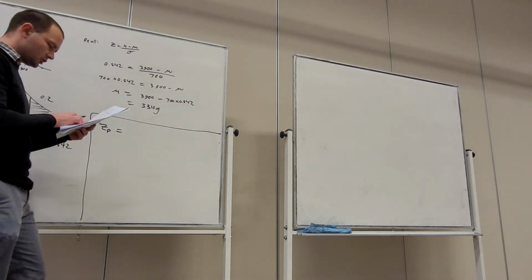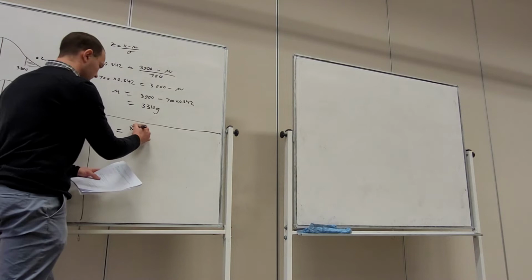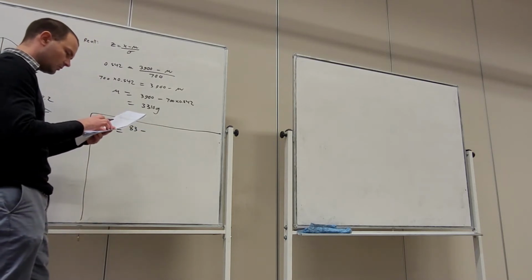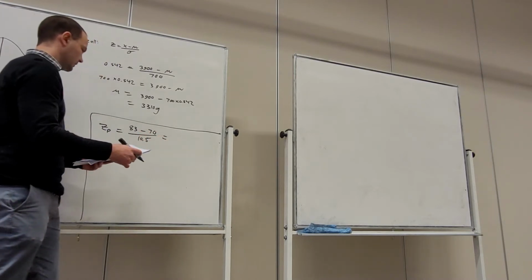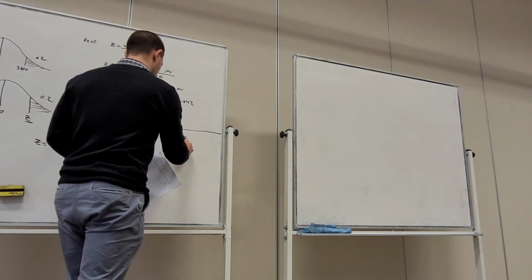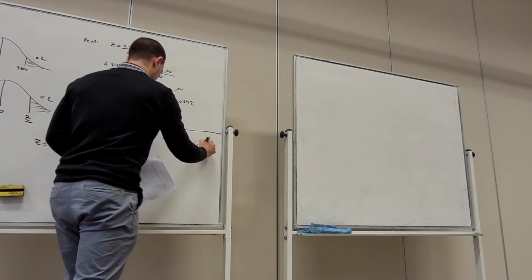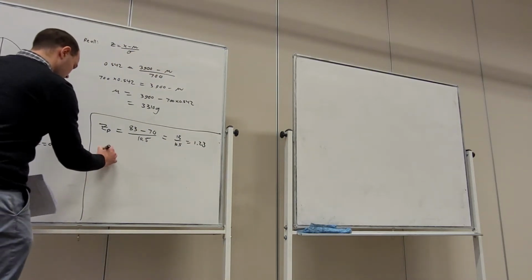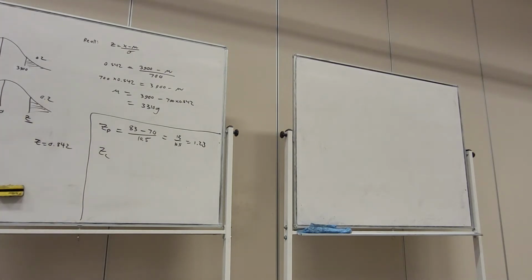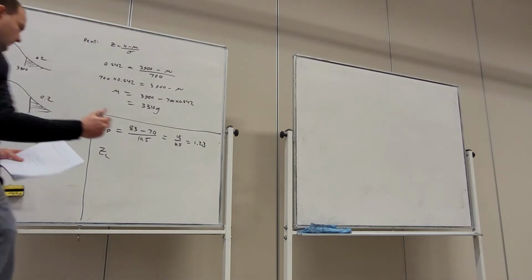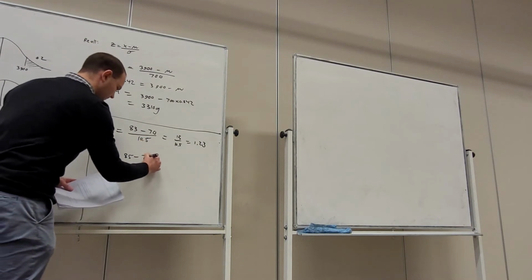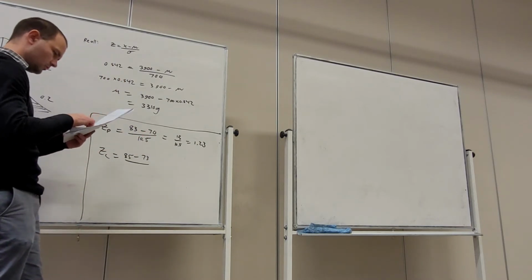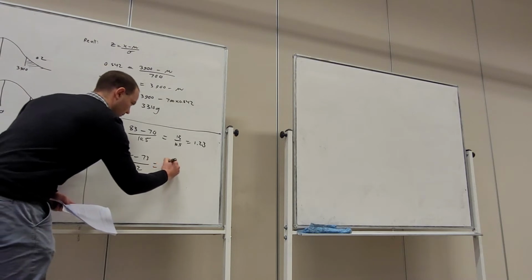In physics, she obtained a result of 83%, and we're going to take away the mean result, which was 70, and divide it by the standard deviation. What have we got there? 13 on 10.5. Is that 1.23 or something? I'll check in a moment. Then we'll check for chemistry. Her result was 85%. Take away the mean result, the average is 73, and the standard deviation was 12. Here we've got 12 and 12 with a z-score of